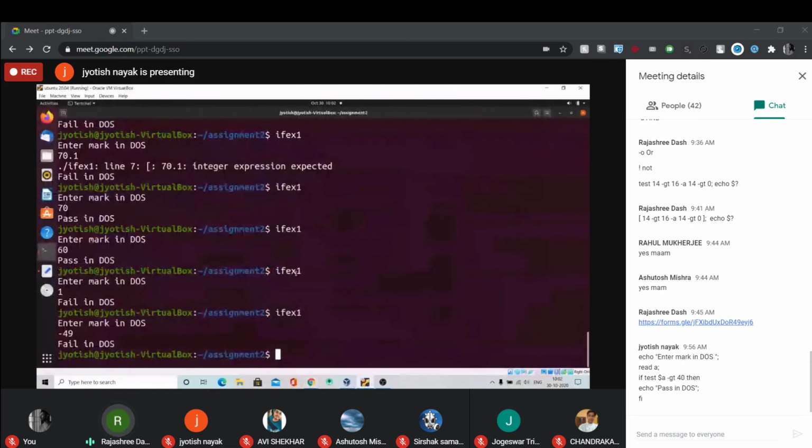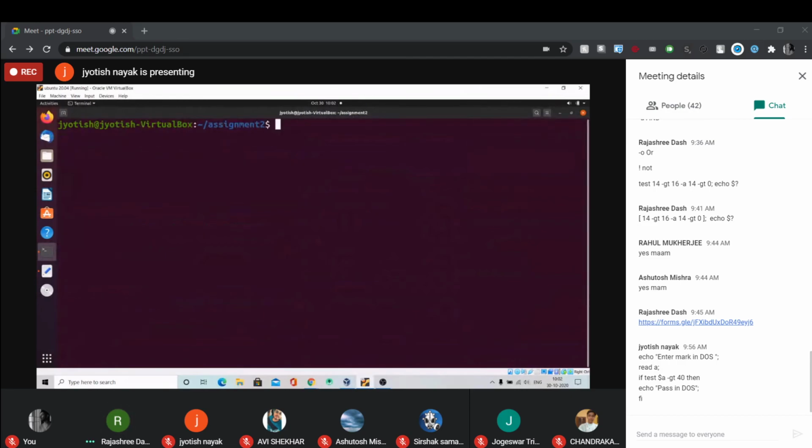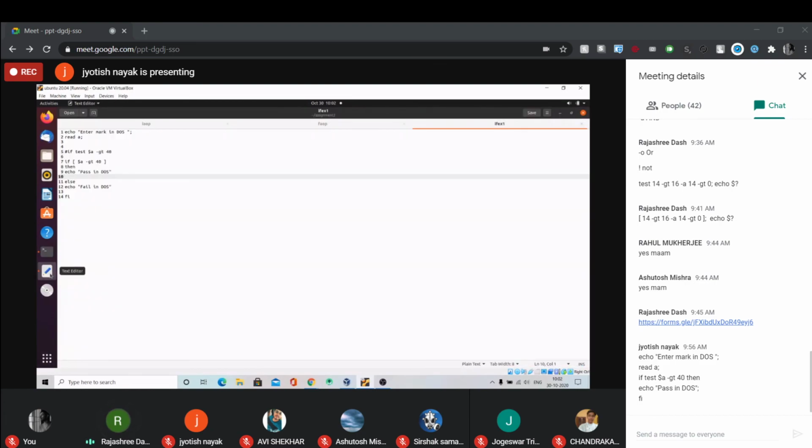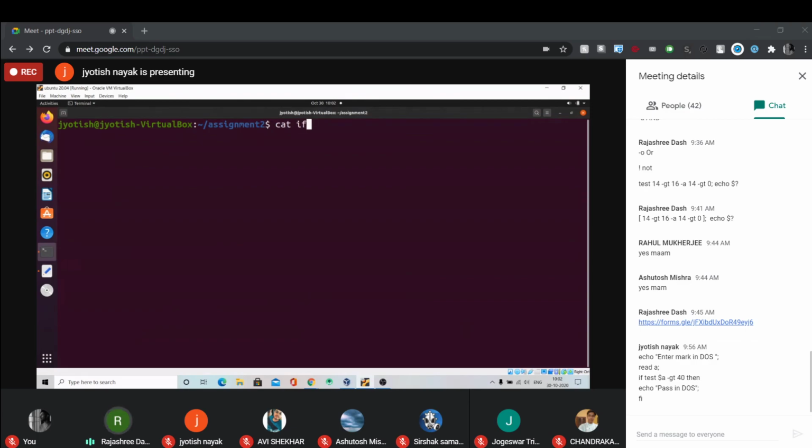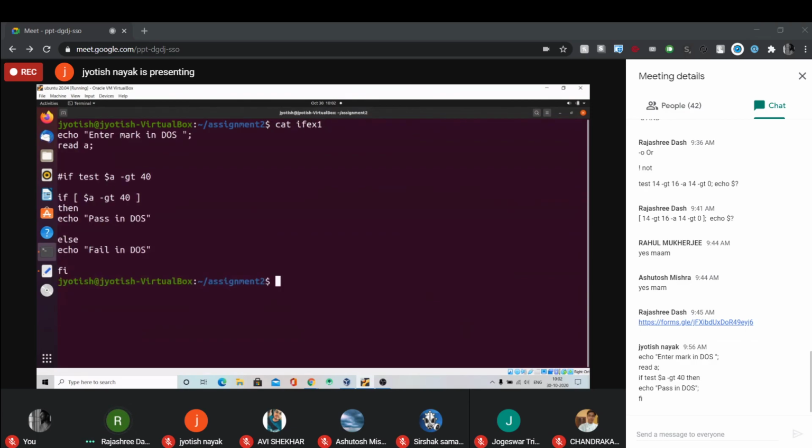Clear the screen and write cat if example 1 so that others can check the code. Cat IFEX1. Enter. So all of you just go through the code.